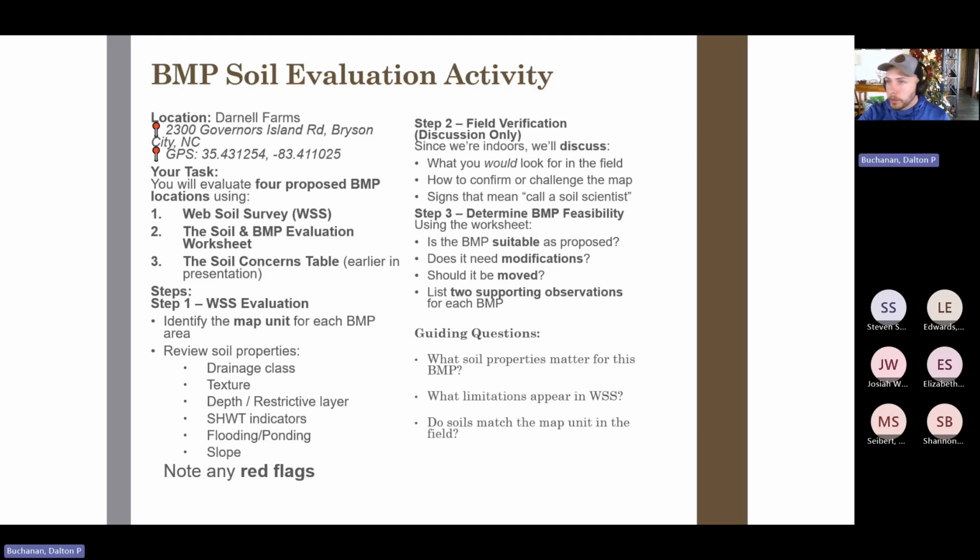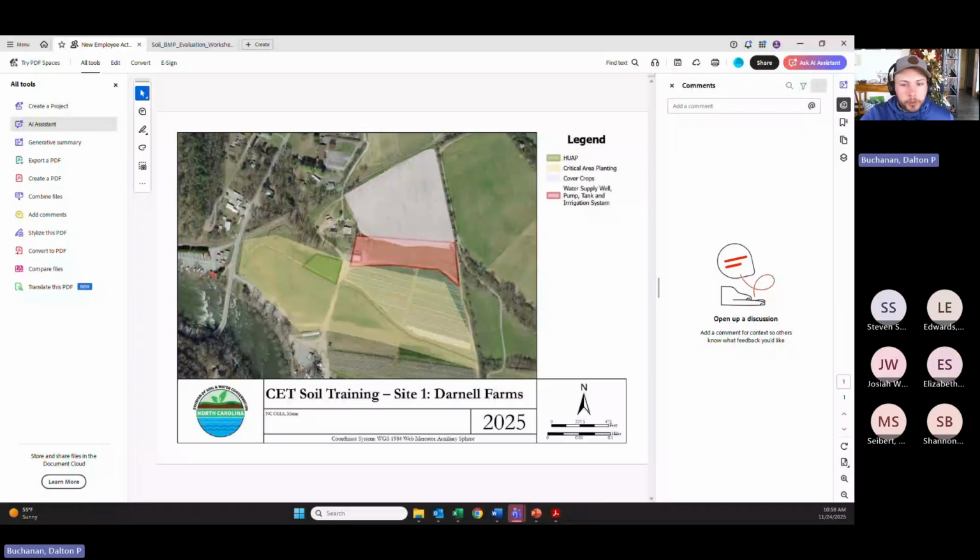I don't know if I can share both. That work? Where to share this map? Here we go. I'm going to share